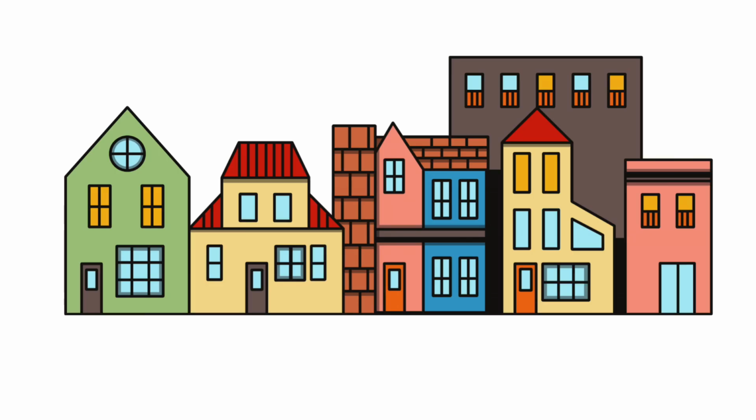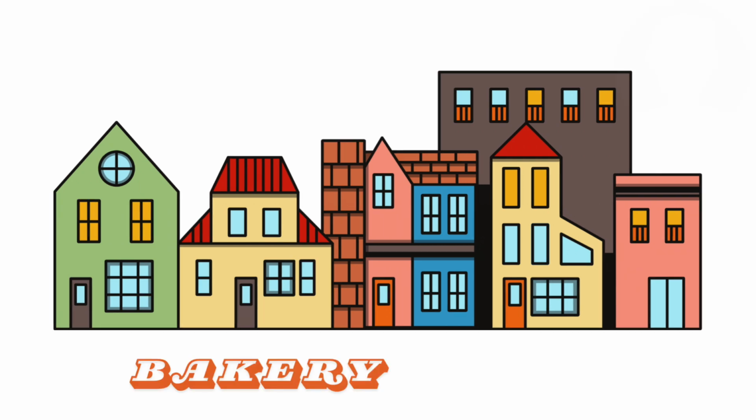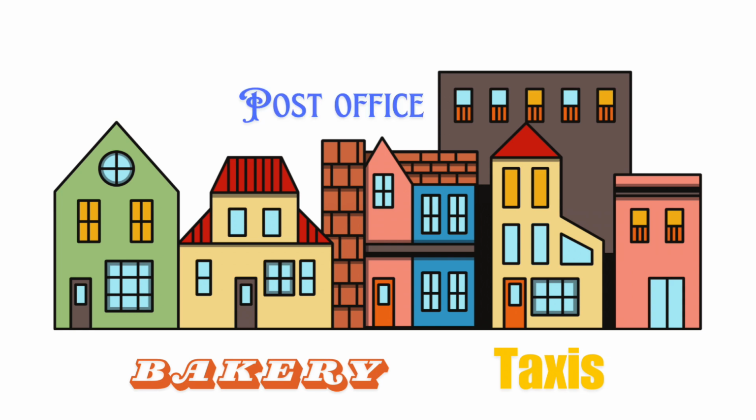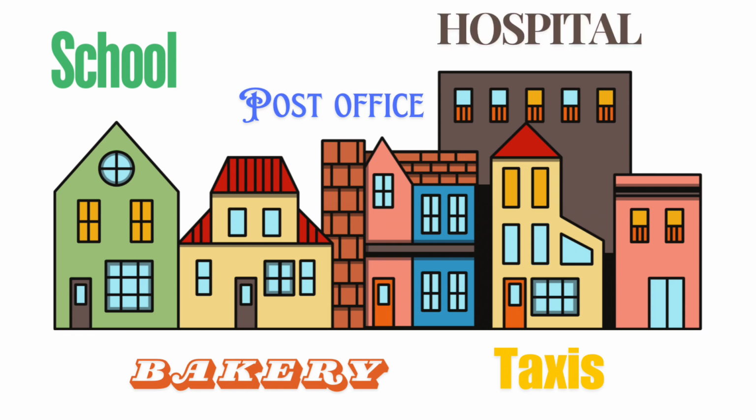So to start with, think of a city. We need food for all the people in the city, so there are shops that produce food. We need to find ways to move the people and the food around the city. We also need ways to send messages around the city. We need a place to teach the people of the city key information. And we need to look after the health of the people living in the city.